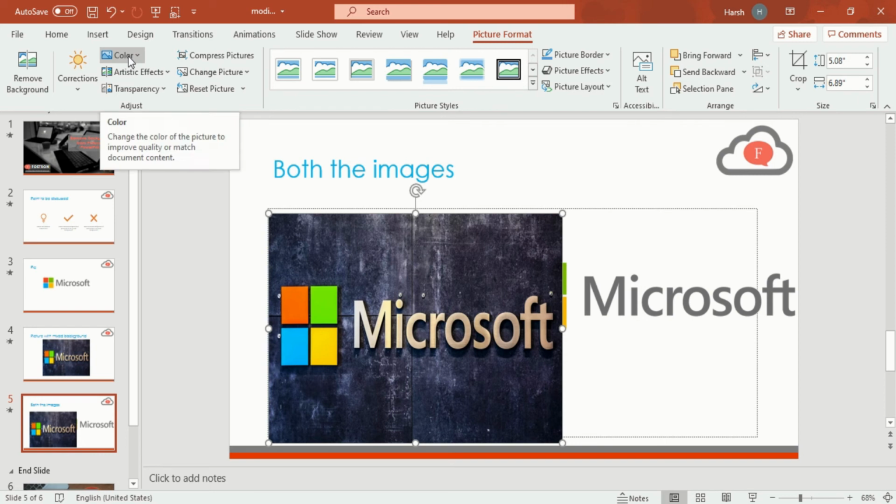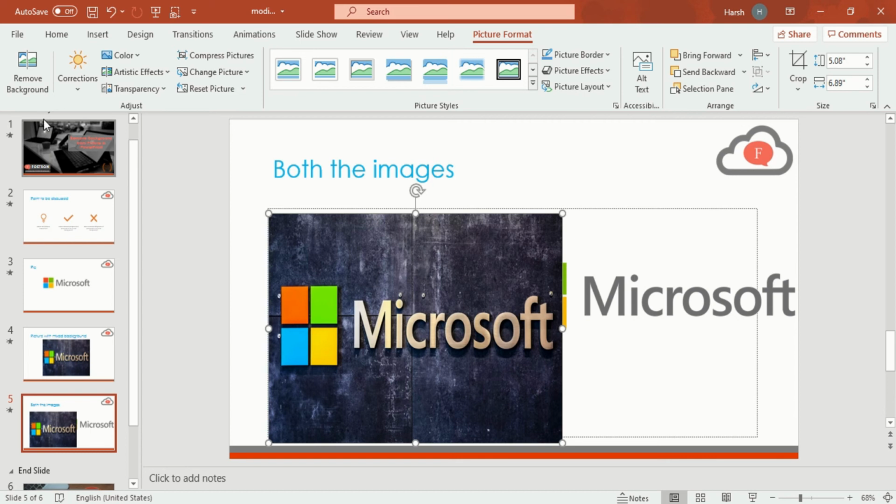So I will again go in the color option, again set a transparent color. So when I click on it, you will see nothing happens because it is kind of difficult for Microsoft PowerPoint to remove the background that has a mixed effect. So I have to use a different option. Which option should I go for?